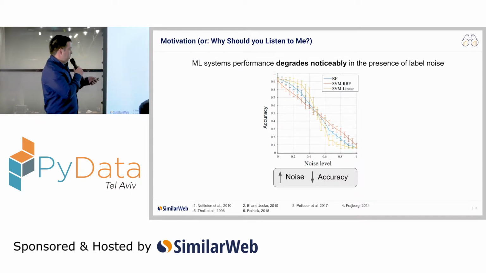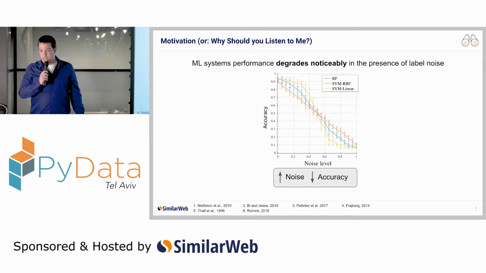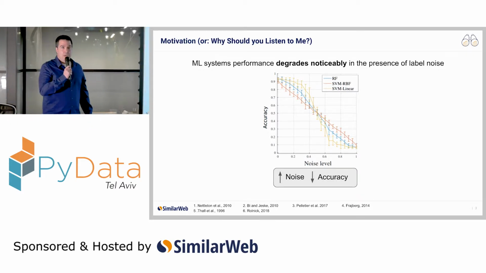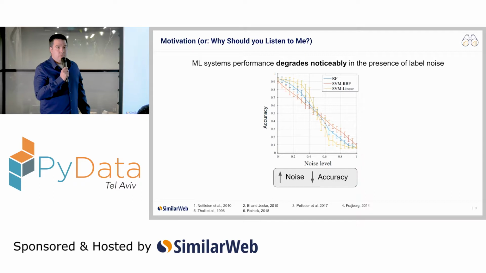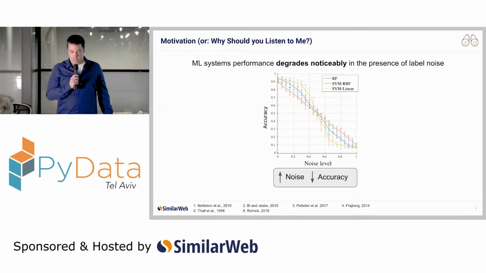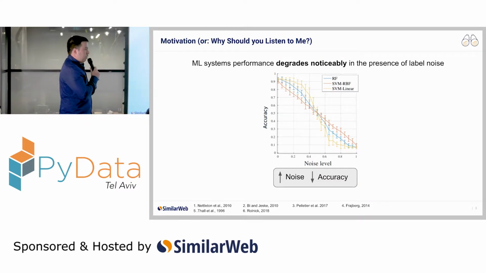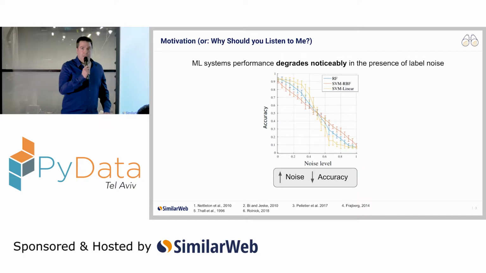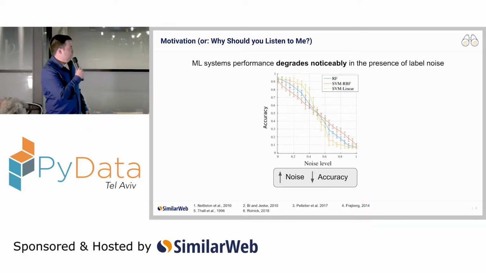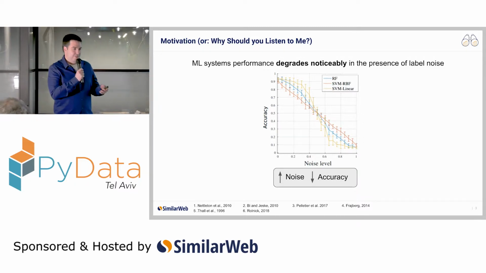One example of this you see on screen, in which we tested the accuracy of 3 different classifiers: a random forest, an SVM with an RBF kernel, and an SVM with a linear kernel, as a function of the percent of label noise in the training data. Although they all show a different pattern, all of them show a degradation in their performance as the level of label noise in the training data increases. If you're a bit puzzled why they have a different pattern, don't worry, you will get the answer by the end of this talk.